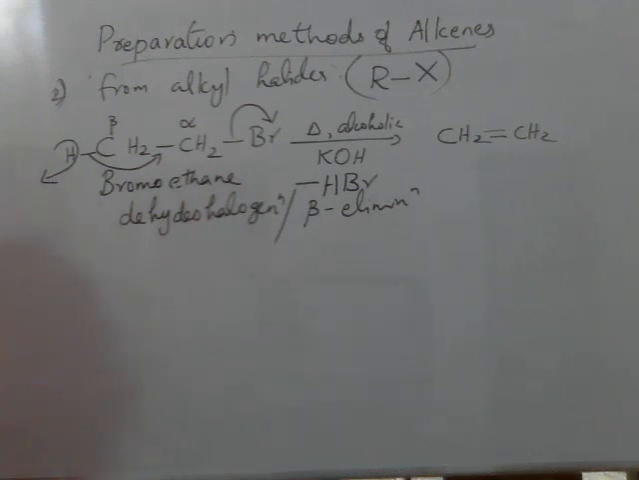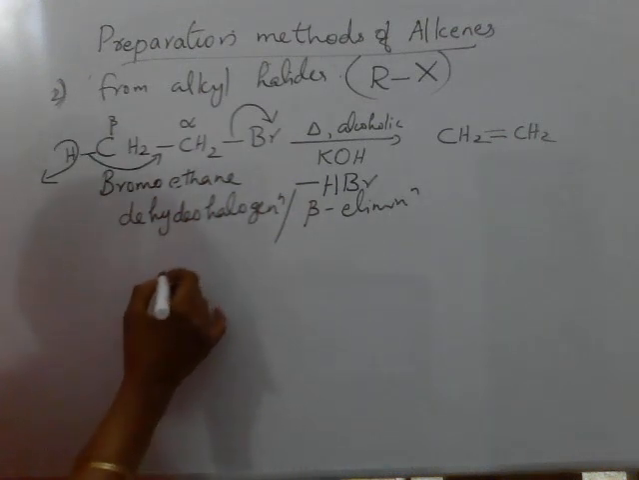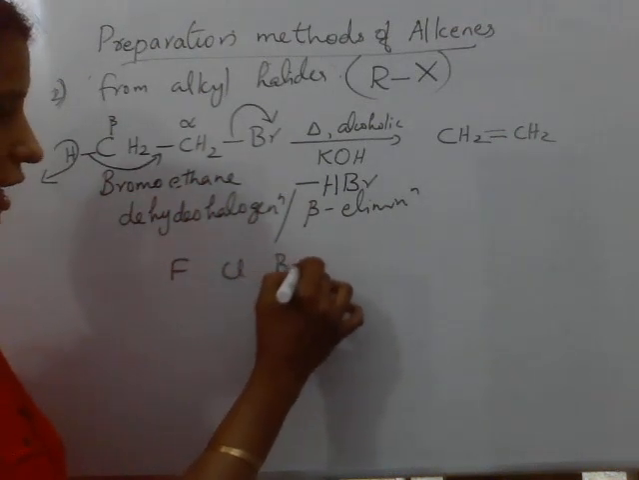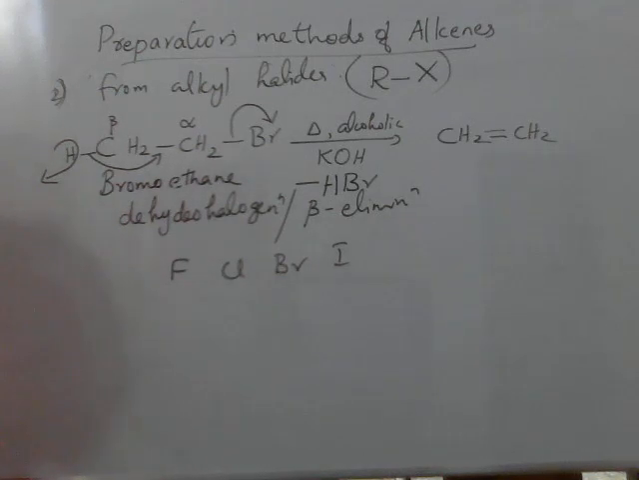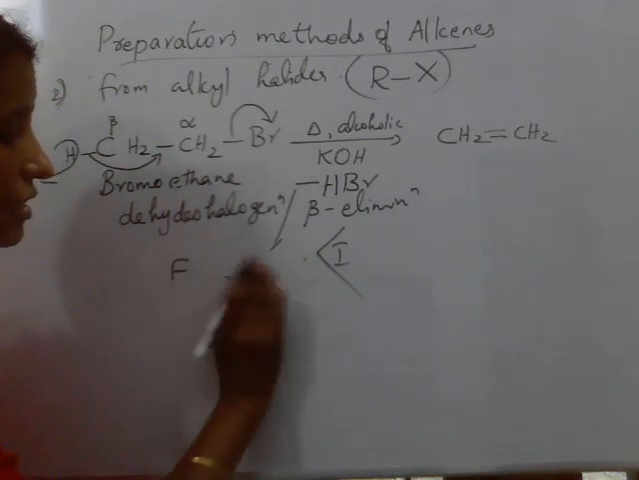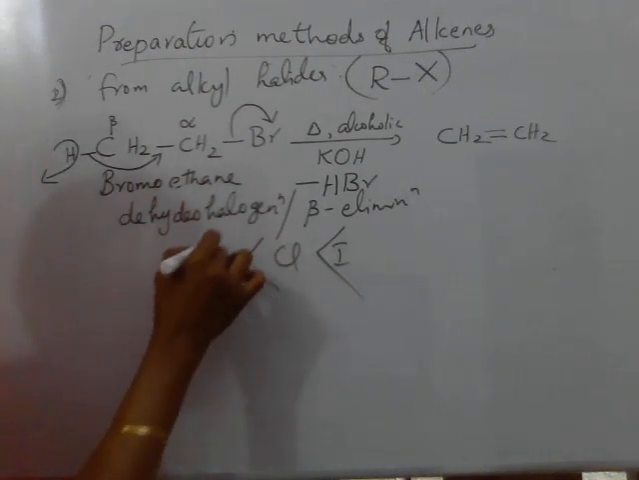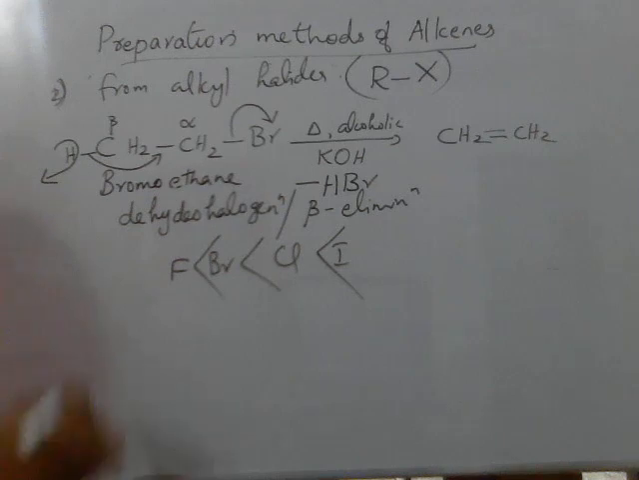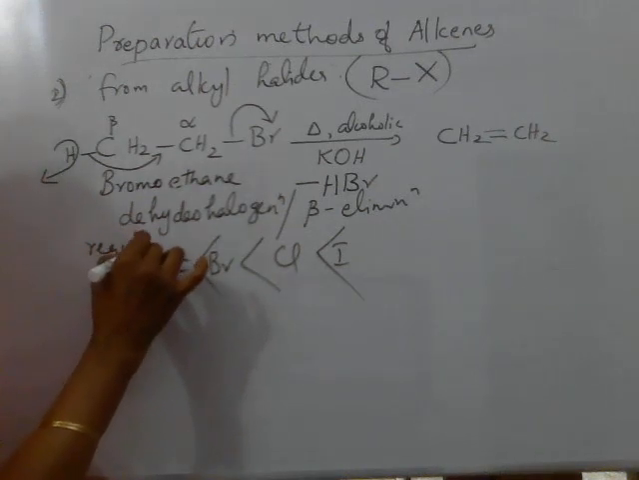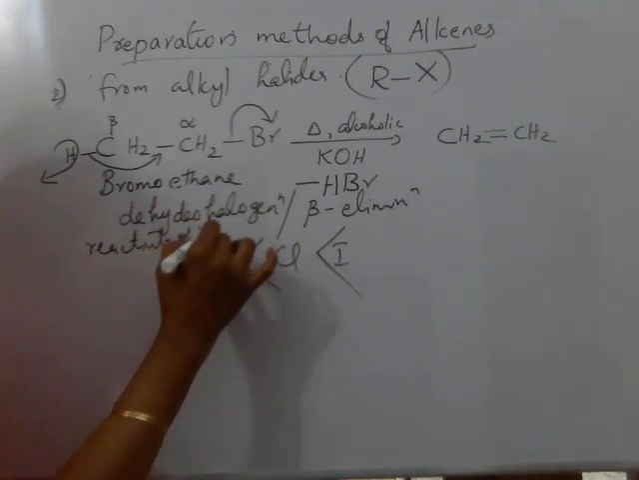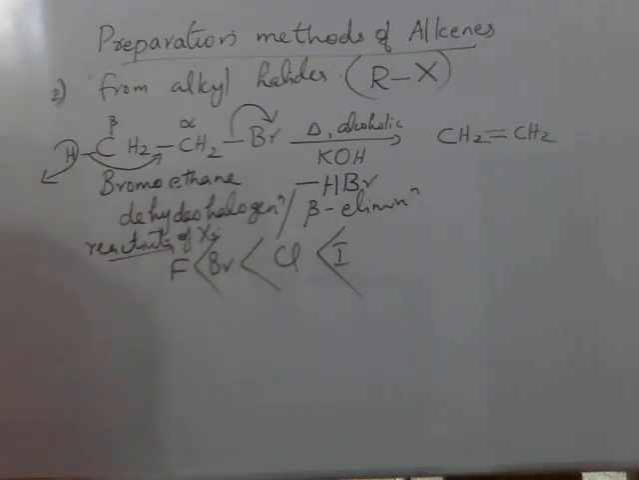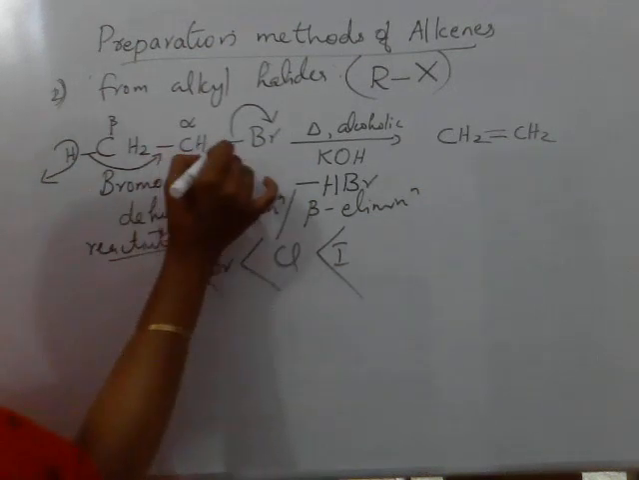The reactivity of various halogens, if you compare, for example, fluorine, chlorine, bromine, iodine. The reactivity of halogens, if you compare towards this reaction, iodides are more reactive than bromides. Iodides are more reactive than bromides, which are more reactive than chlorides, and fluorides are least reactive. This is the order of reactivity of halogens towards beta elimination reaction, because this bond needs to